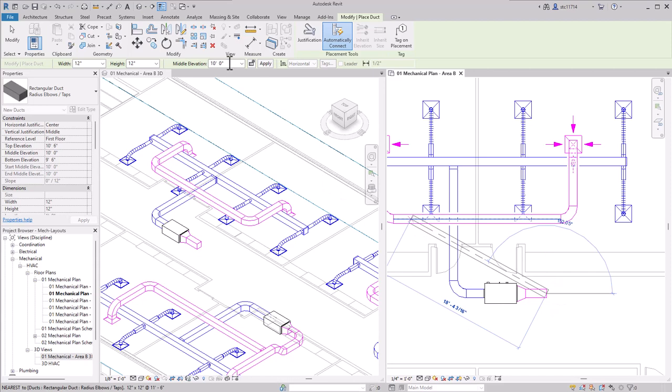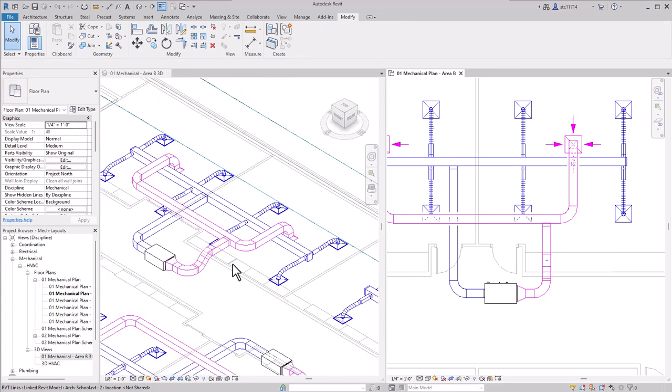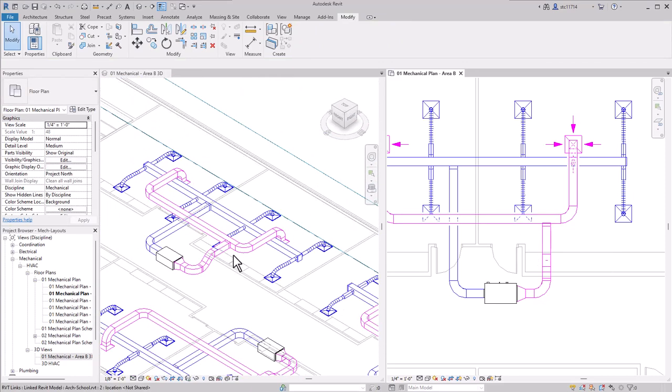Then I'm going to offset it to that 11 foot 6 level and then draw to connect to the other ducts. Now I'll escape out of that. So now we can see that I was able to use a combination of auto generation and then duct creation tools to get the system that I'm looking for. Next, we'll take a look at a couple of plumbing examples.